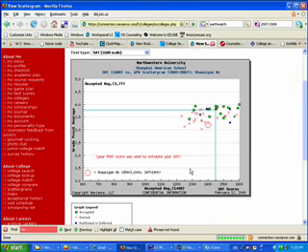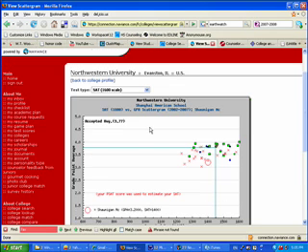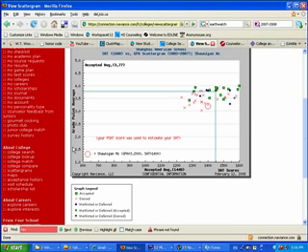Here's Northwestern, and you can see it's exactly the same story. My GPA and SAT haven't changed, but the type of pool I'm in has. You can see everybody who has my GPA was denied, and even many of the students with my SAT are denied. So clearly this is a reach school for me. I'm a 3.2. The average student there is a 3.77. So let's go look at a different